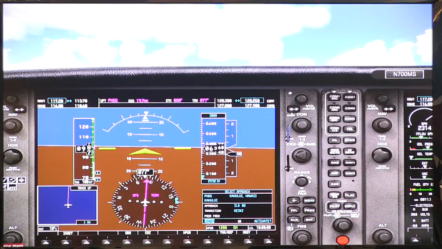Now, you have 2 options. You can load the approach and still fly with your own navigation or vectors, or we can activate it. If we activate it, it will ultimately begin from where that airplane is right now and give you a GPS signal directly to Keiki. And if we look at ForeFlight,